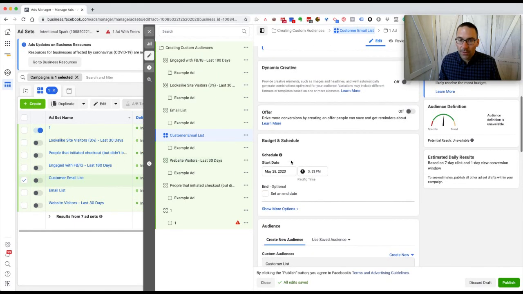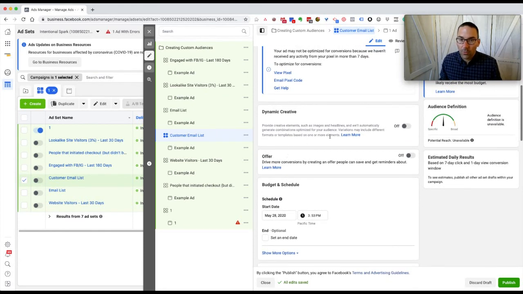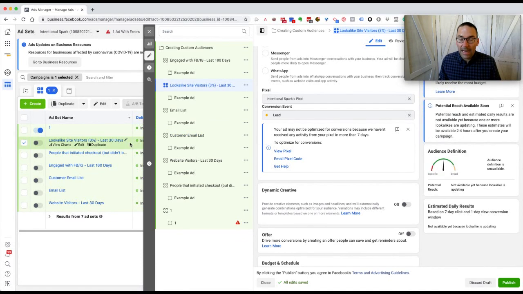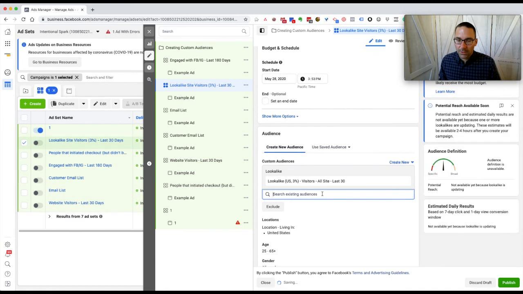And so you go through here, you can ignore a lot of this. Everything I ignored, you can ignore. There are a lot more features in here to explore, but you don't really need to do that now. If you did want to do your lookalike audience, which we highly recommend you start with when running your ads, same thing. You can just come in here. You can see I already have a lookalike, but when you click here to search on an existing audience,